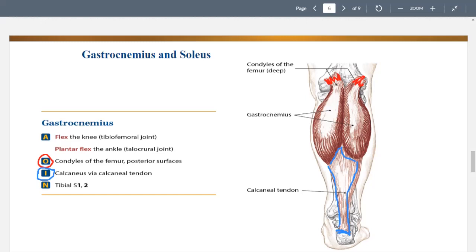So both heads of the gastrocnemius and the soleus pull into this calcaneal tendon. Now, tendons don't release in the same way that muscles do, but there are still some contractile fibers in there. This is going to cause some proprioceptive signals to work with tendons. And so the calcaneus is one where you can do a little bit of Golgi tendon organ release, GTO, where